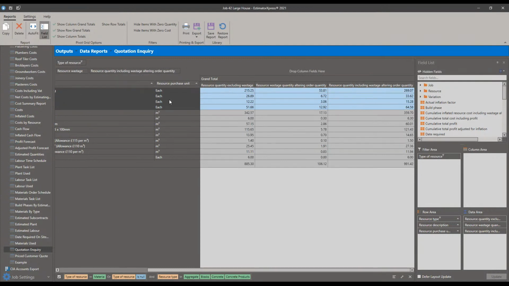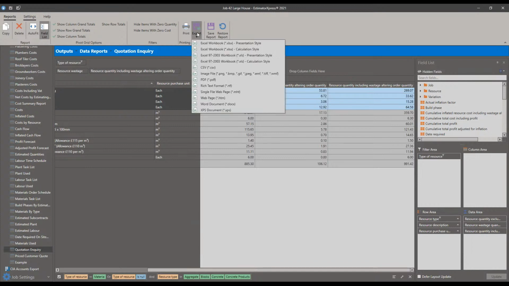I could then take this out to Excel, or I can just remove these, say, the wastage column and the pre-wastage column, and just leave the post-wastage column and export that as a report, which I could do now. Or I could use that straight out to Excel or CSV and make changes in there. I'm going to do that now. I'm going to take this report and export it